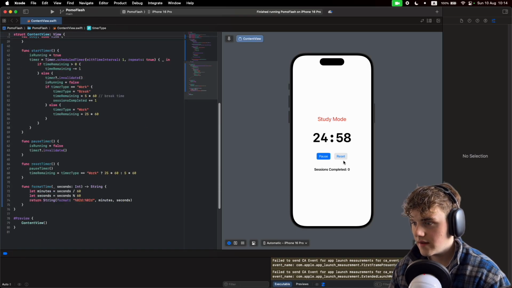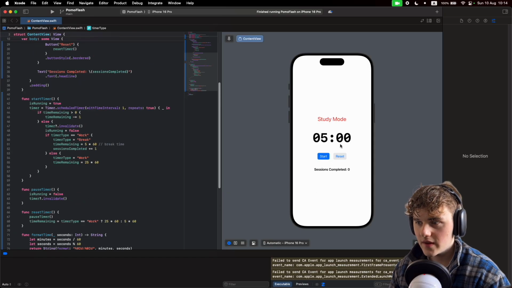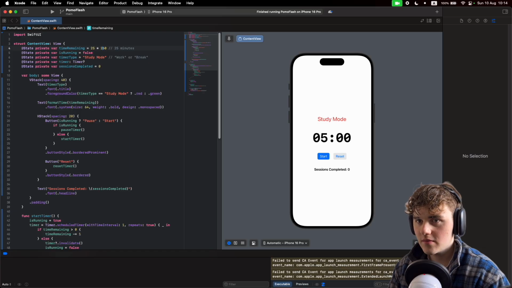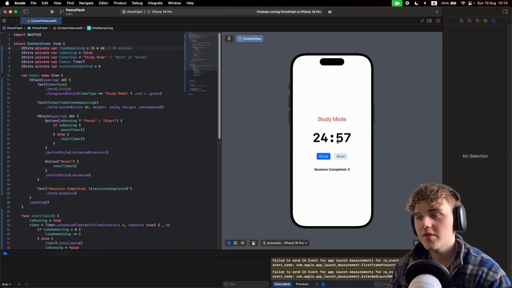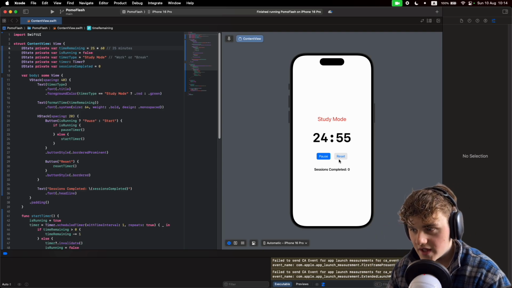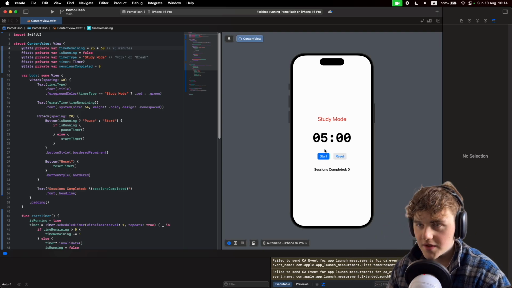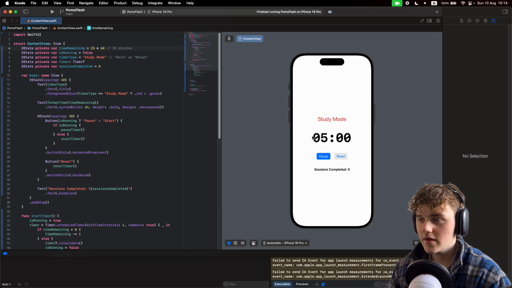I have to say, you can't get more simple than that. Interestingly though, now it looks like, let me just mess one of these up so it resets. 25, yeah, so if I reset while the timer's on, that's a bug. It'll count you down, and then once it gets to 0 it puts you into break mode. But if you reset, I'm still in study mode, but look, you're in the break timer, which shouldn't be correct, because if we change this down to 1 second, it'll then put us into,